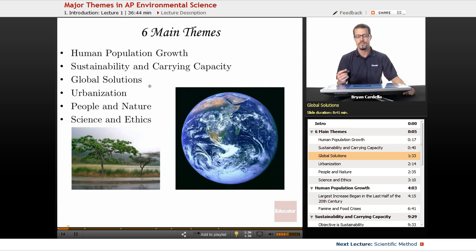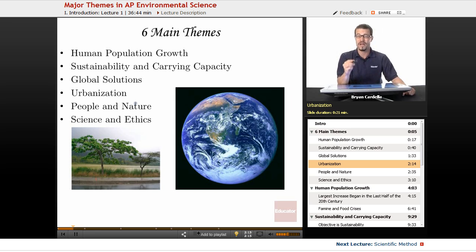Global solutions. The problems within the environment and using natural resources and the disadvantages of certain natural resources is not just a United States problem, or a European problem, or a South American problem, or even a local problem. It really is a global concept. We're all connected. Nature exists on all of Earth's surface in the biosphere, and we have to think of this as a global community, because if only one country is trying to solve the issues in environmental science and trying to come up with solutions, it doesn't help if everybody else is not on the same page in terms of trying to solve our problems.